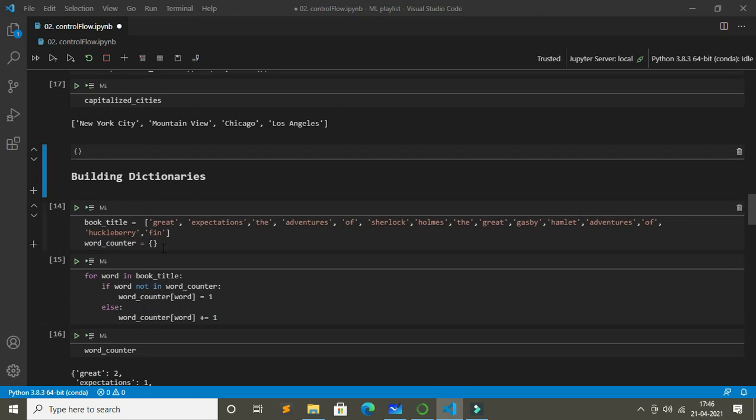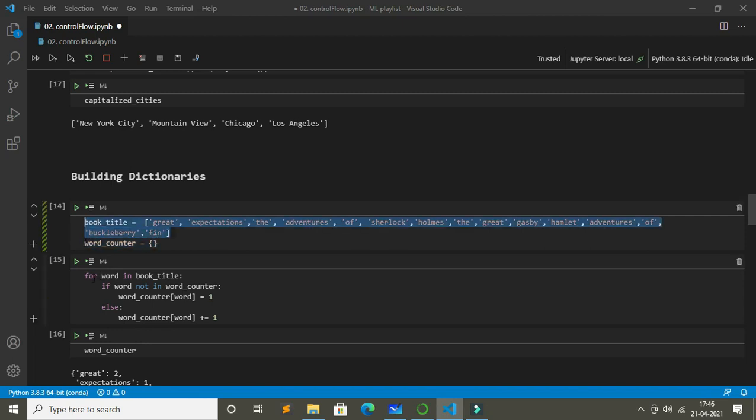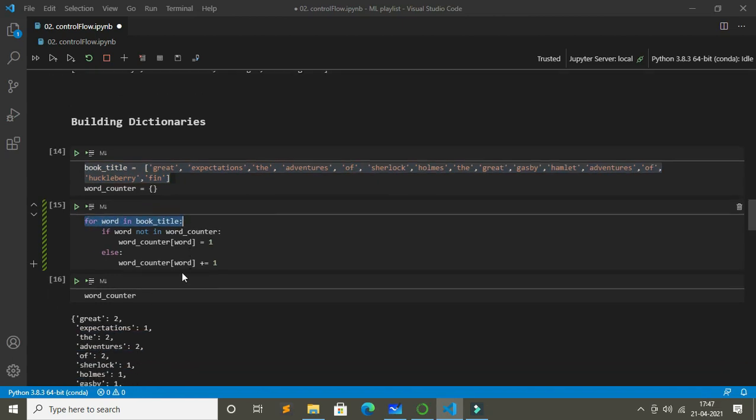Now we will be building dictionaries with a for loop. So we are having a dictionary over here: book titles Great Expectations, The Adventures of Sherlock Holmes, The Great Gatsby, Hamlet, Adventures of Huckleberry Finn. And we are having a word counter. So what we are doing is that it is a list given to us. So a word counter is actually counting all those words, and